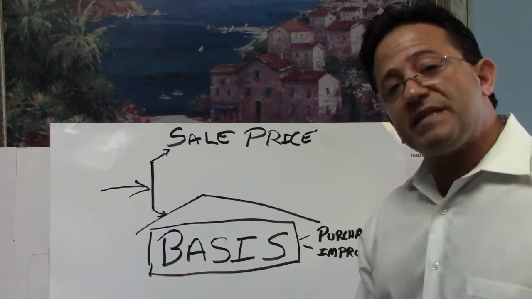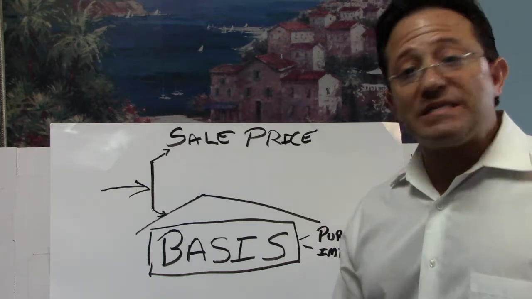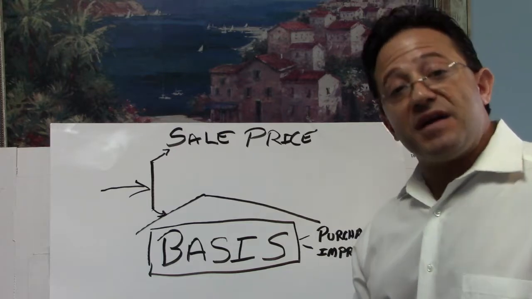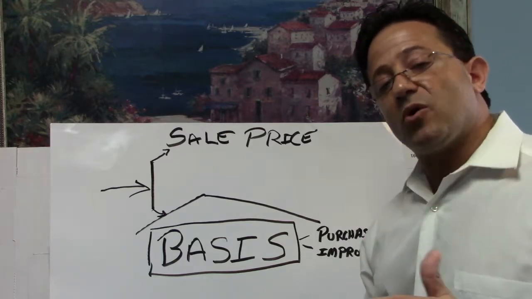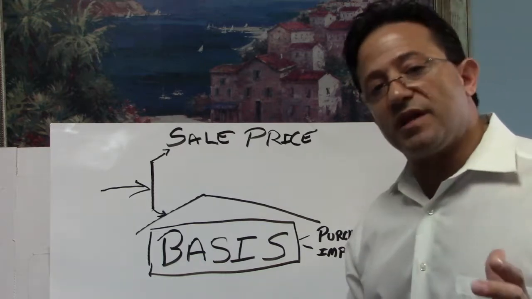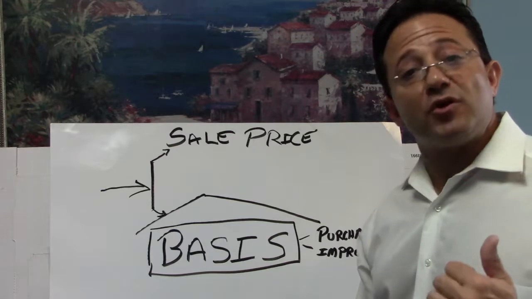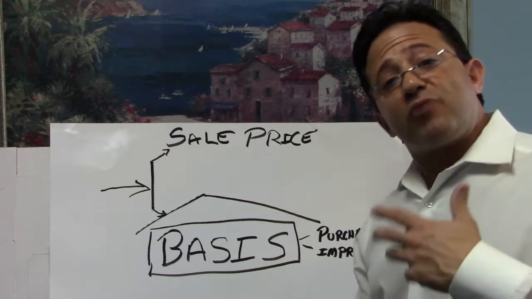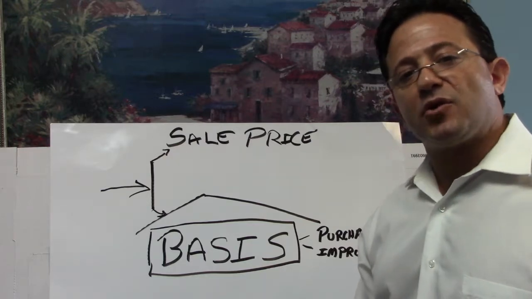So when you rent or you have investment property, there is always a capital gains issue. There is no exclusion, okay? And you have to understand that and understand the whole idea behind 1031. Maybe I'll do another video down the line on that. What we're going to be talking about today is the sale of your home, your primary residence, the primary place where you reside, where you show on your tax return as being your home.